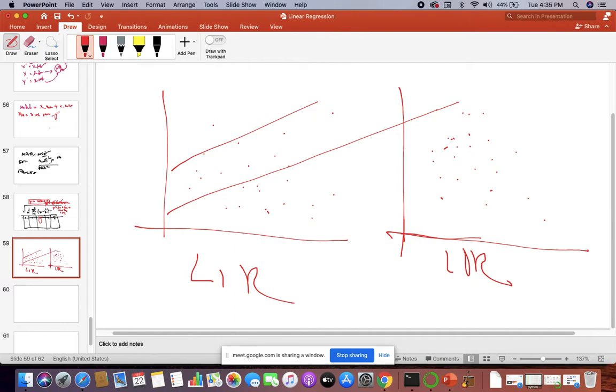In case of logistic, there are no such straight lines. There is a graph called a sigmoid graph, like this. Why is there a sigmoid graph? Because in logistic regression you only predict categorical things, that means either true or false, either yes or no. That's the thing. So in LIR, linear regression, it is a straight line passed through the